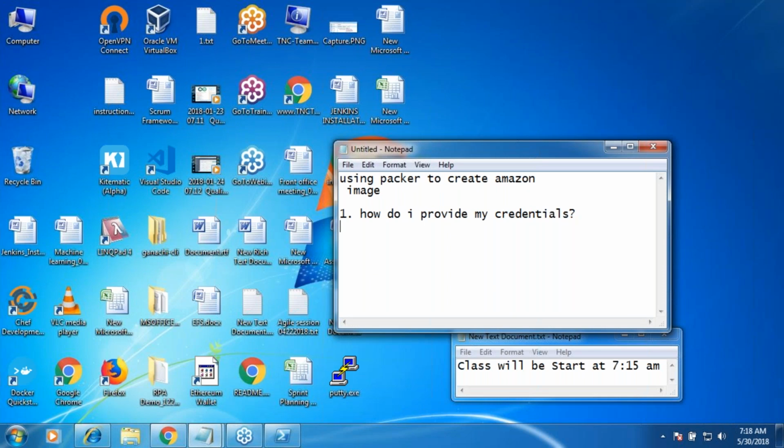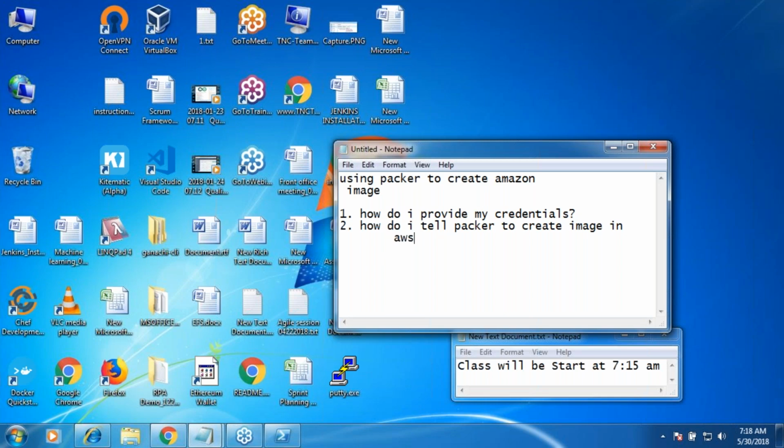Now, after that, how do I tell Packer to create an image in Amazon or AWS? Because we'll be using the same steps. Tomorrow I might use Azure, or Google Cloud, or any cloud for that matter. So there might be some specific area where I'll be telling Packer that I want you to do this.